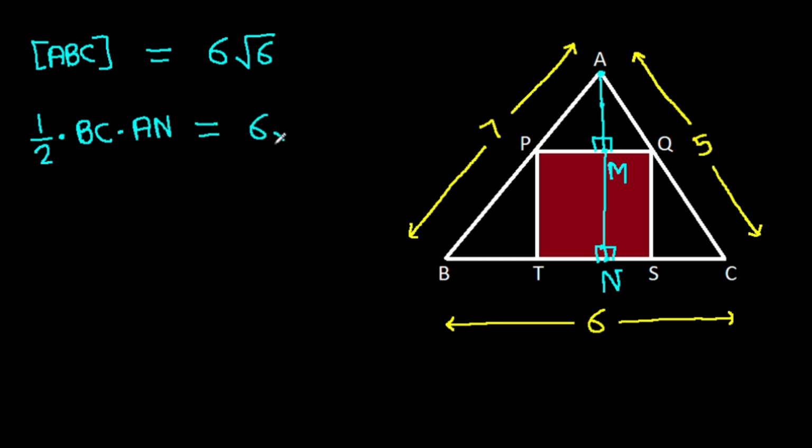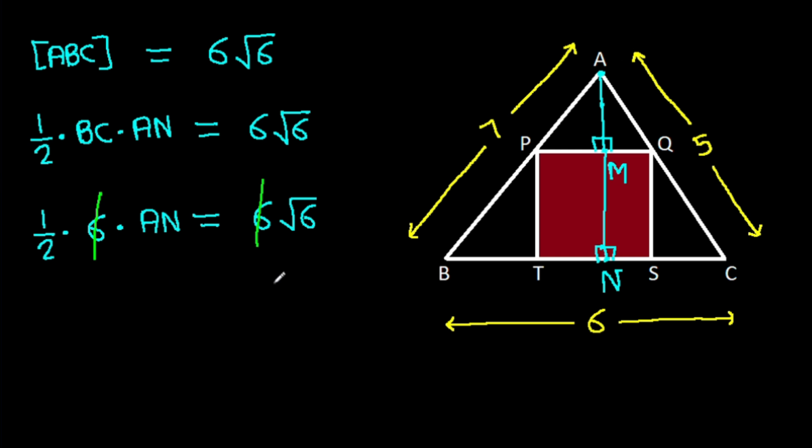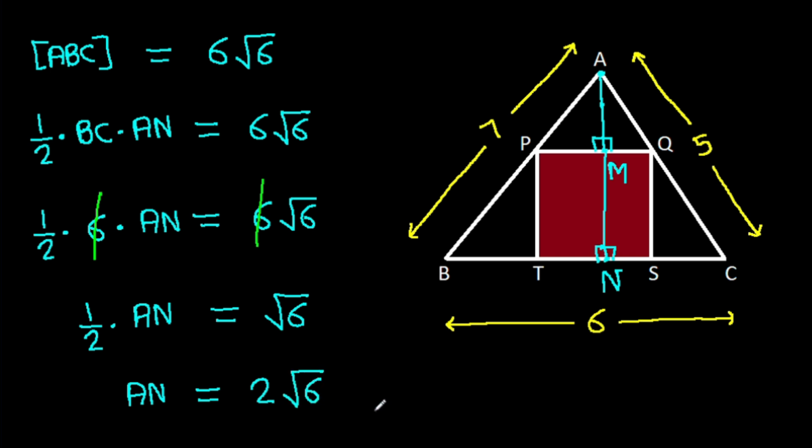So 6 times root 6 is 1 over 2 times BC is 6 times AN, and 6 will get cancelled, so 1 over 2 times AN is root 6, so AN will be 2 times root 6. We get AN is 2 times root 6,